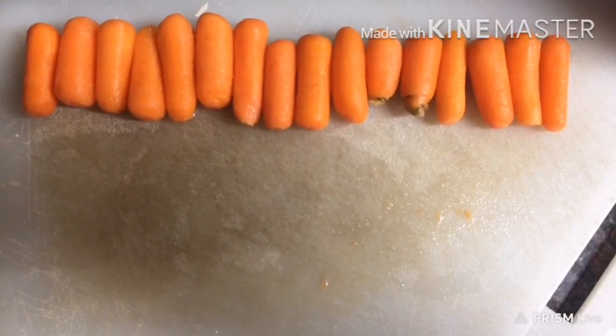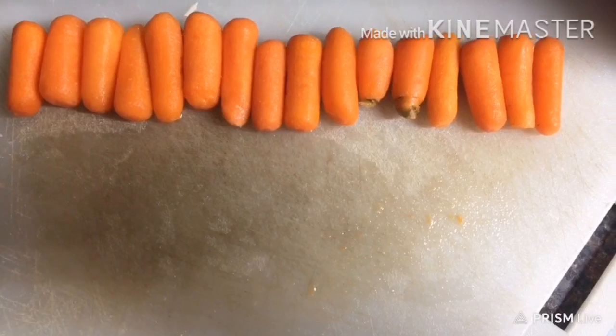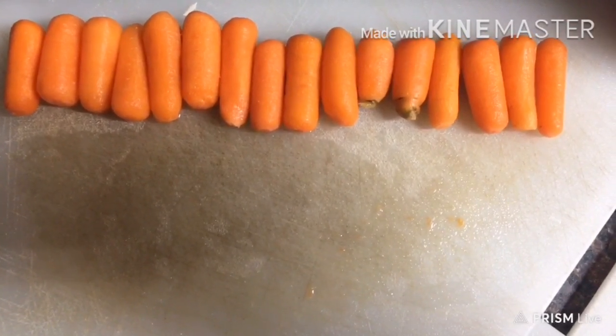I'm using roughly about 16 baby carrots to equal my 2 cups of carrots, and I'm going to chop them up very small. Okay guys, so the first thing that you want to do is put your 5.5 cups of chicken broth into your pot, which I've already took the liberty of doing. You get about 4 cups in one box, so I had to use a box and like a quarter of another box of the chicken broth, and you're going to put your chopped up carrots,